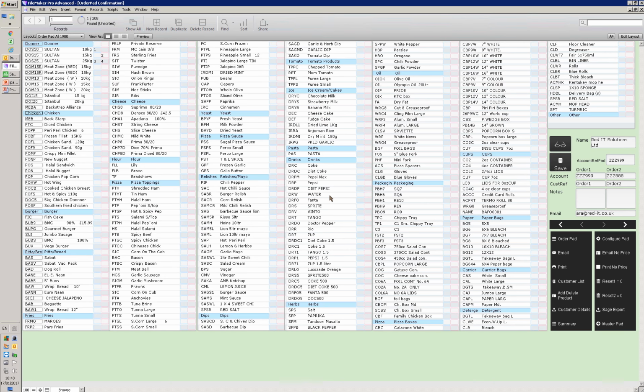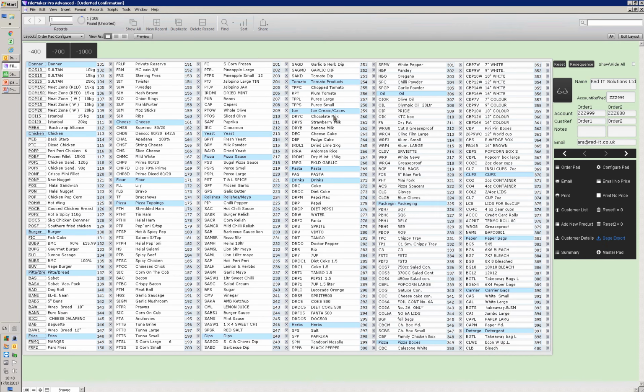So this is what the order pad system looks like, and what I've got here is an order pad which is designed for one of my customers, in this particular case Red IT Solutions, on account ZZZ999. So what I can do here is look at the configuration of the order pad. If I look at the configuration, I will see that in my stock system I've actually got over 1,000